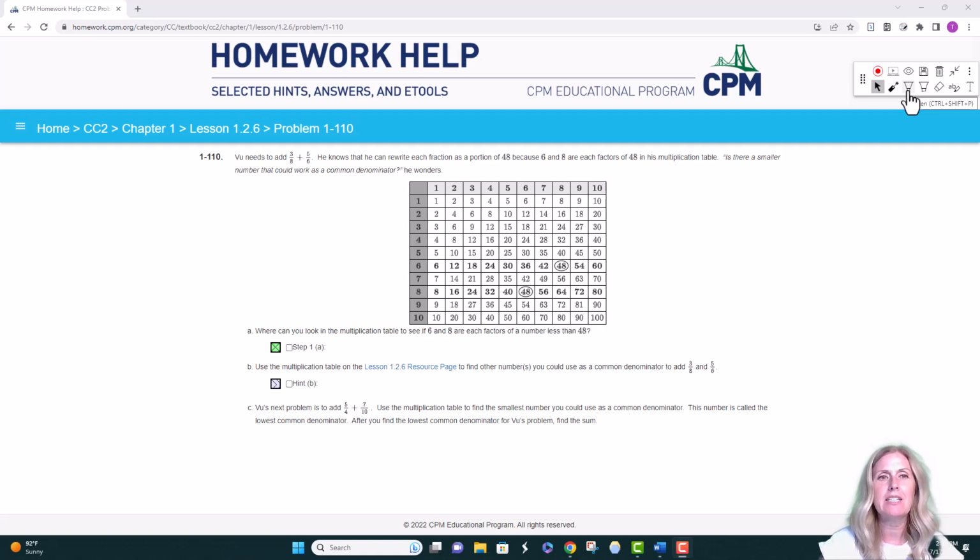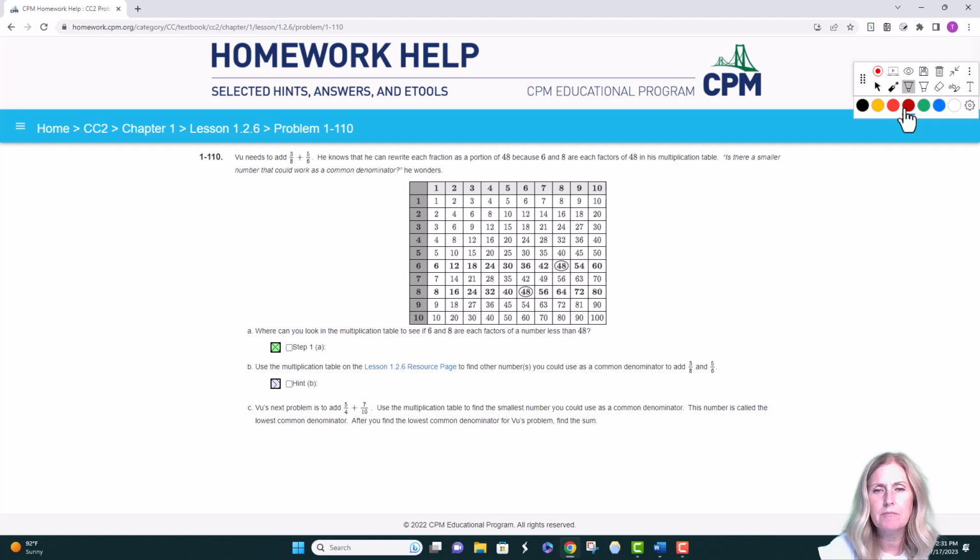We are in CC2 lesson 1.2.6 today. The first question is 110. It says Vu needs to add 3/8 and 5/6. He knows that he can rewrite each fraction as a portion of 48 because 6 and 8 are each factors of 48 in his multiplication table. Is there a smaller number that could work as a common denominator, he wonders? Where can you look in the multiplication table to see if 6 and 8 are each factors of a number